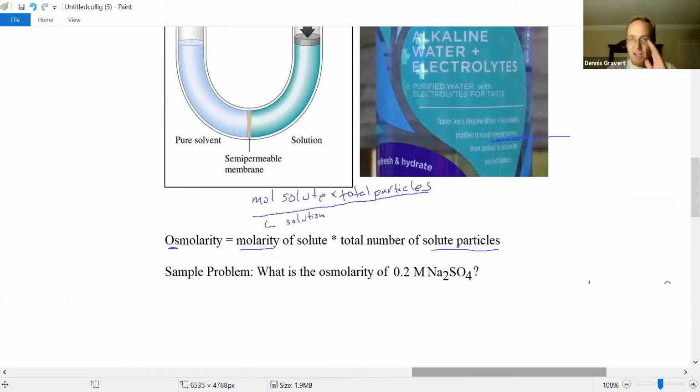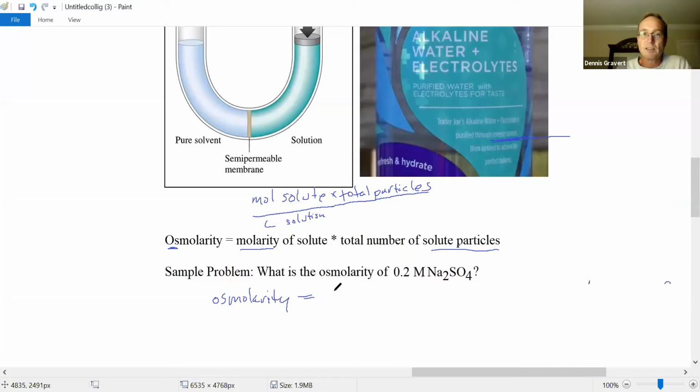Okay, here I just want osmolarity. So do the same technique. Get the number of moles of solute, multiply it times the number of particles, usually it'll be the number of ions, and divide it by the liters of solution. And that will be the osmolarity. Here's a quick sample problem to demonstrate. What's the osmolarity of 0.2 molar sodium sulfate? Okay, well, osmolarity